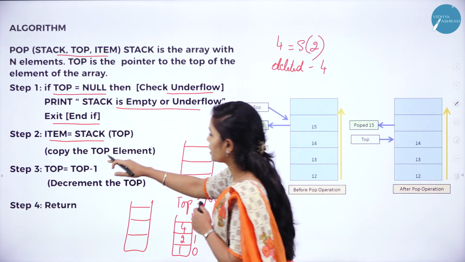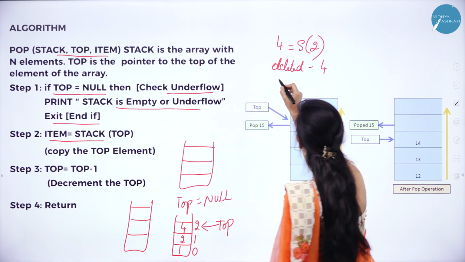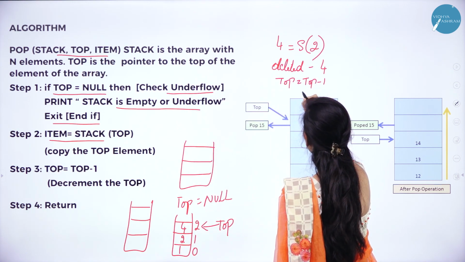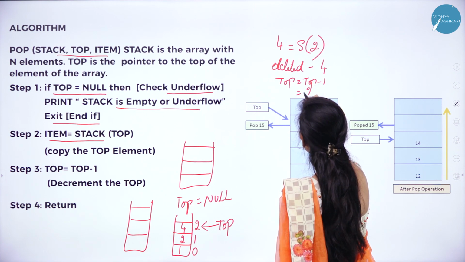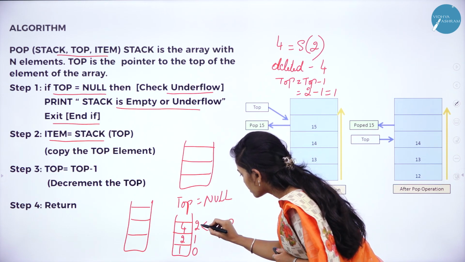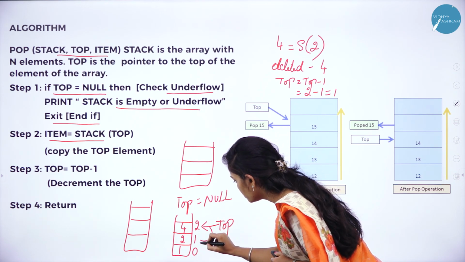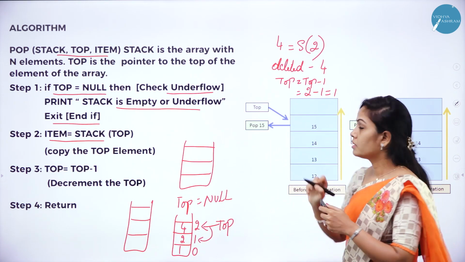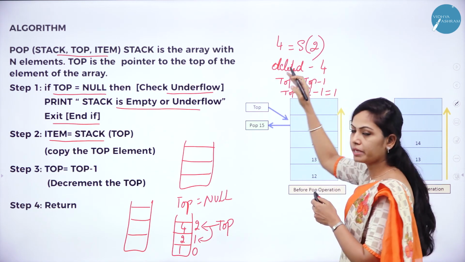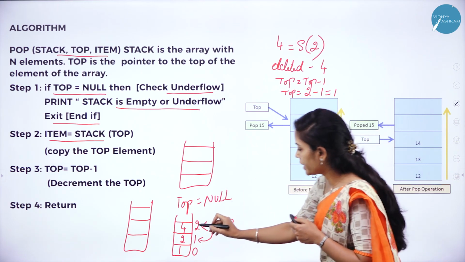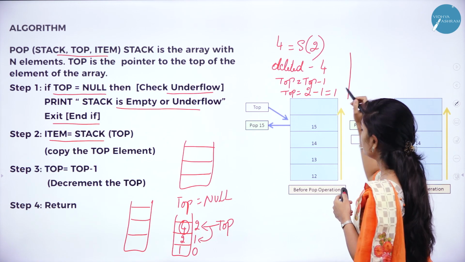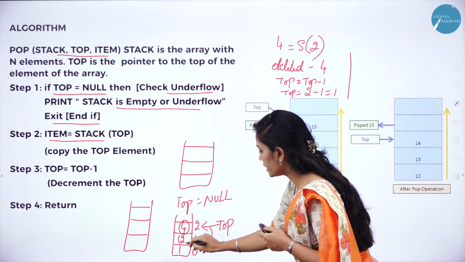and check the condition top = top - 1. Which is the top value here? 2 minus 1 becomes 1. So the top value will point to this 1. Now the top value becomes 1. One item has been deleted. The first item 4 has been deleted, and again you want to delete the second item, called